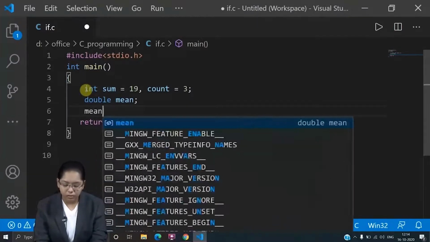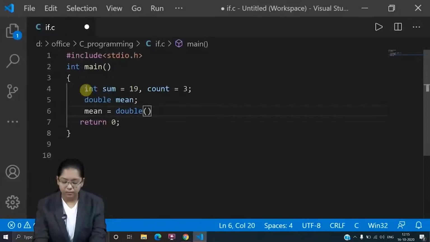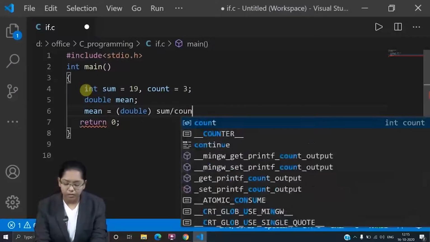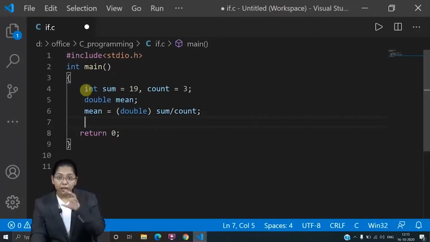Similarly I will do it here. Mean is of the double data type. So what I want is that whatever the answer of sum divided by count is, it should be stored in mean, and the division value should be a double value. Therefore the syntax of explicit typecasting is this.